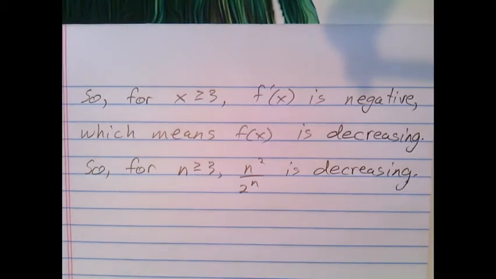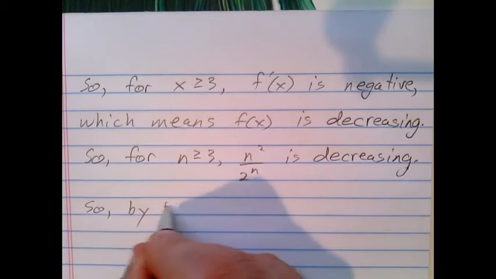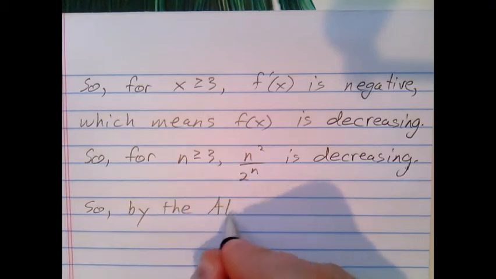Okay, so what we've done is we've shown that all of the conditions of the alternating series test are met. That the series is alternating, that the absolute value of its terms goes to 0, and that the absolute value of its terms is decreasing past a certain point. So now we can state what test we're using. Should be obvious, but we'll go ahead and say it. Okay, so by the alternating series test,